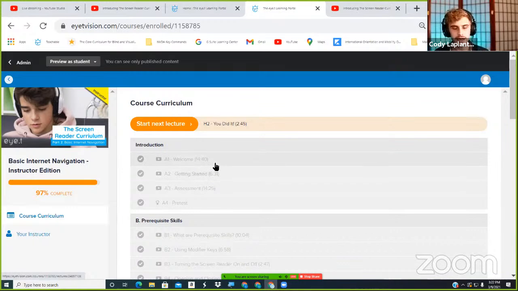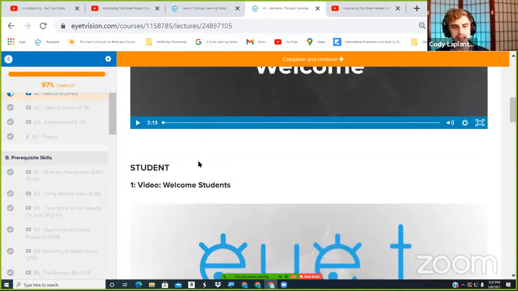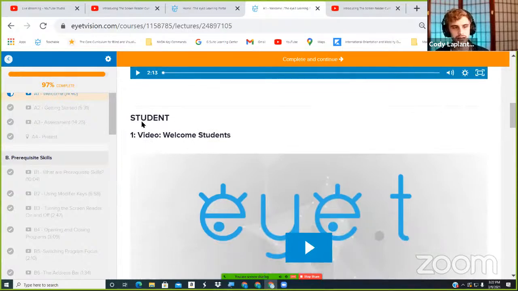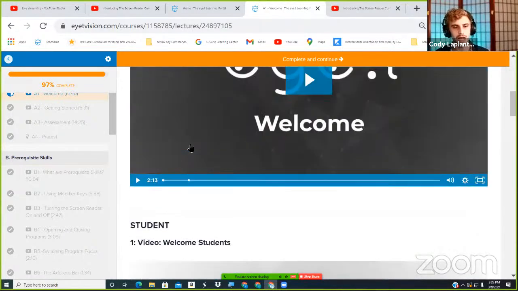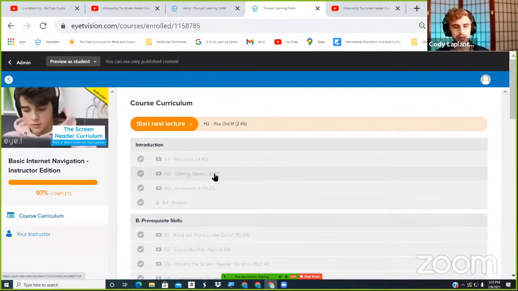The first thing that I want to show you is that in each module, we have the exact same student materials underneath. It says student, right? But we also have instructor materials. So there are 20 extra videos that go over how to teach screen readers. Now you might be wondering, what do those modules include, right? Those videos will include so many pieces of information, but I do want to show you this